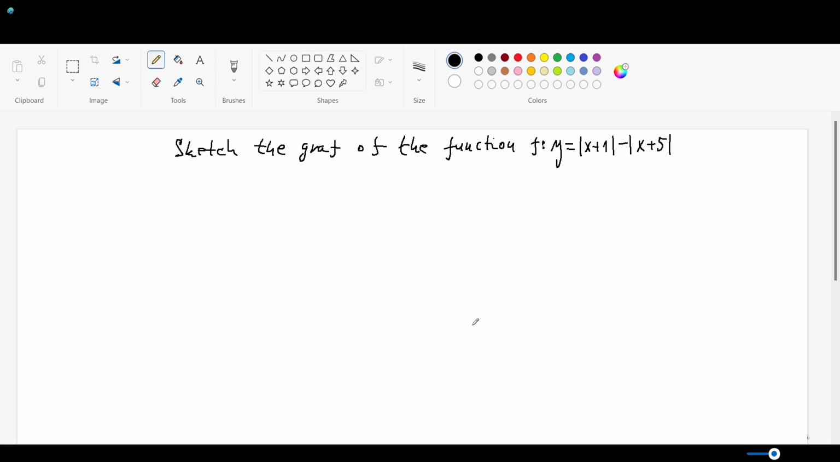In today's video, I'm going to show you a more complex task, and we will sketch the graph of the function given by the equation y equals absolute value of x plus 1 take away absolute value of x plus 5. If you watched the previous video, you should be able to do it on your own,